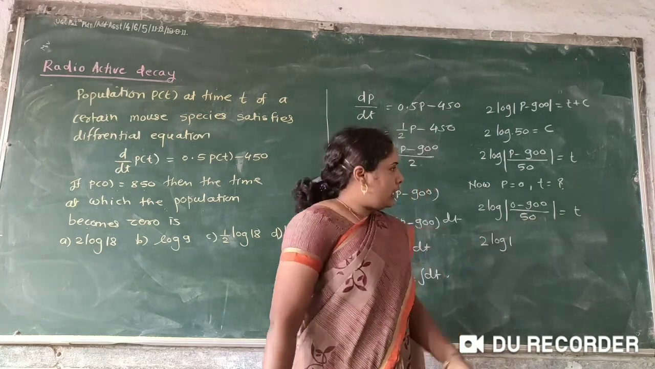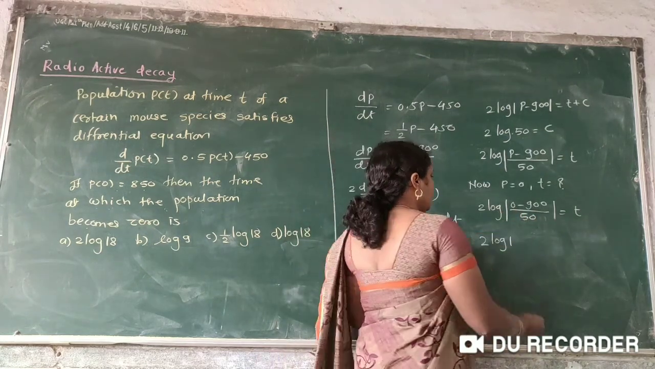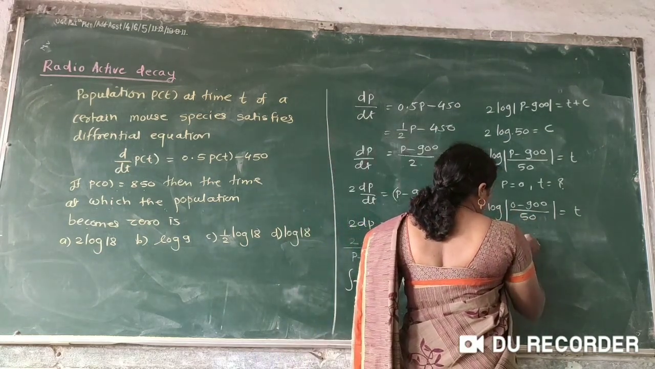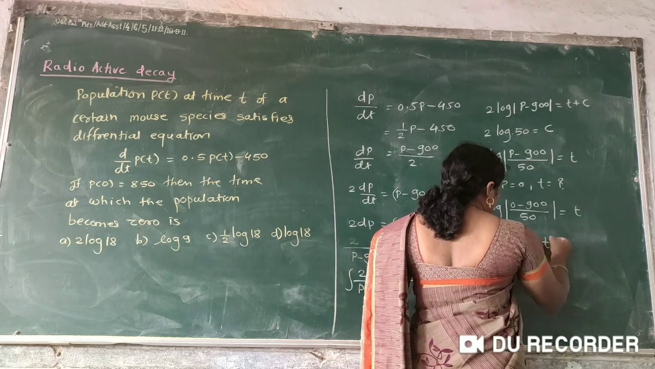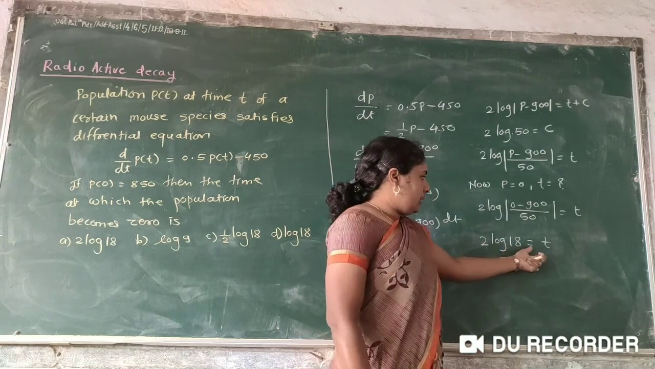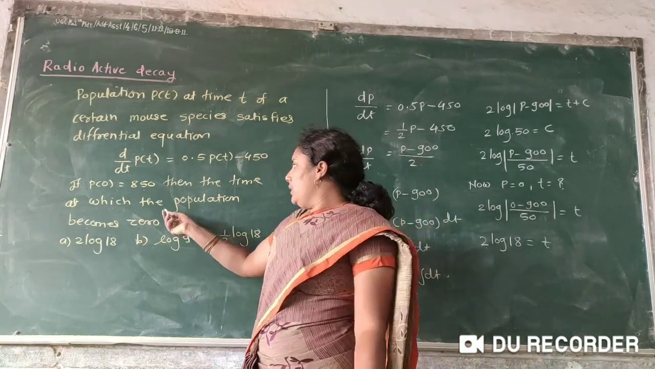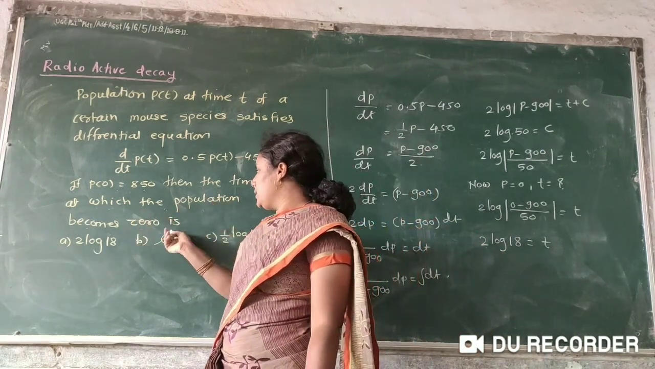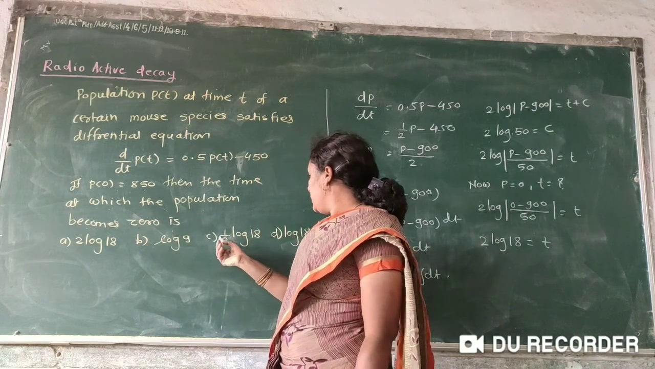This is the value. 900 upon 50 is 18. 2 into log of 18 equal to t. This is the answer, which is the required time for the population to become 0. Therefore, correct answer is